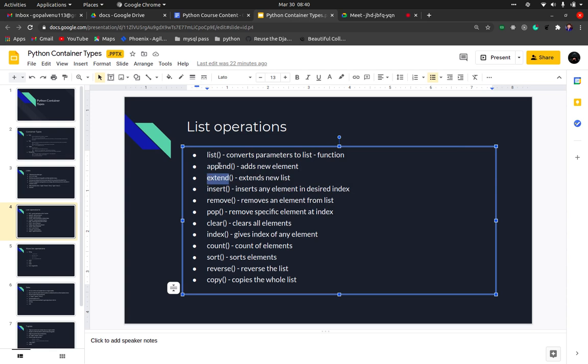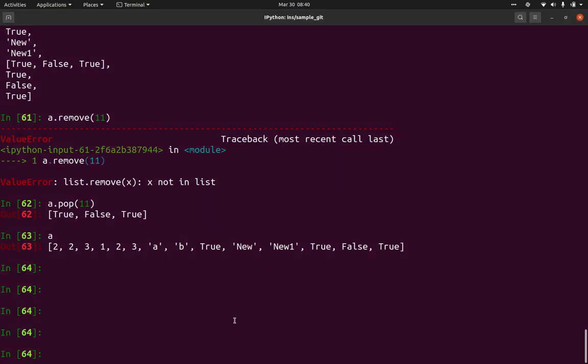Now we had a drawback in using append. Append will always add the new elements at the end. So for that particular drawback, they have defined another method. To add elements at any desired index, we use insert. Let's say we have these many elements and I want to add one more element. Let's say I want to add another element in between 2 and 3, say 2.5.